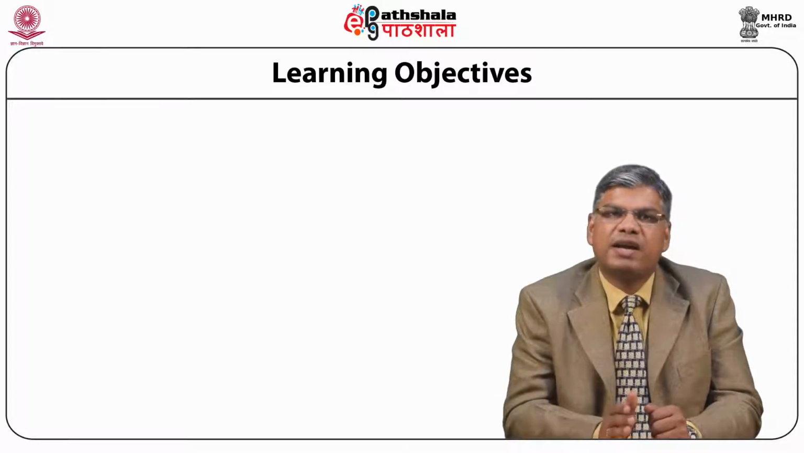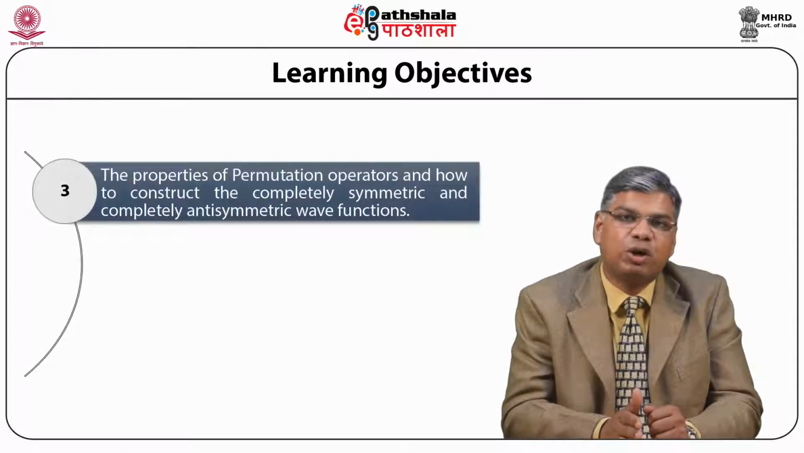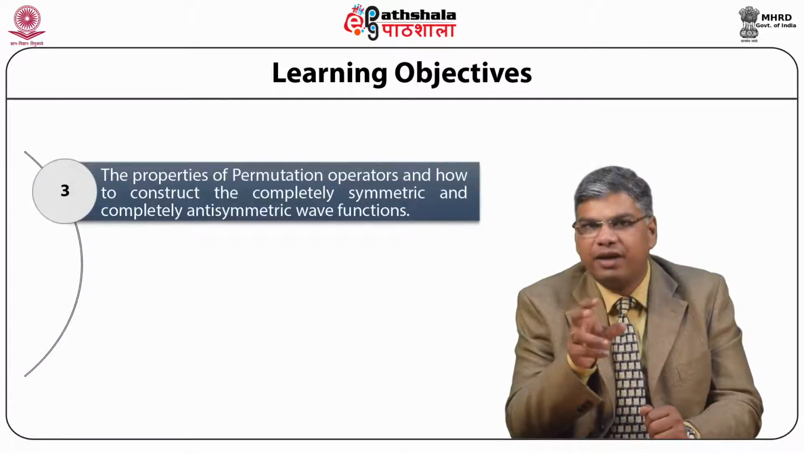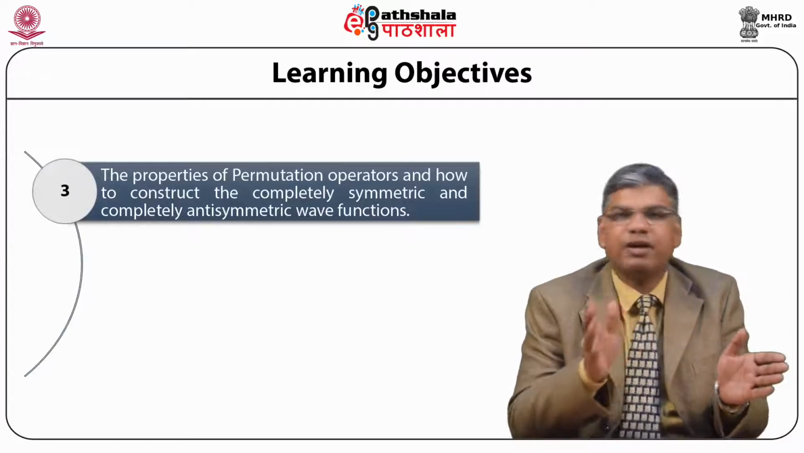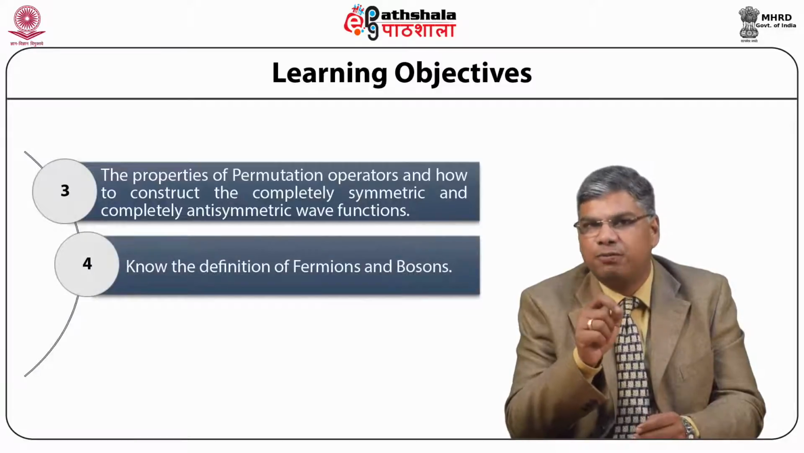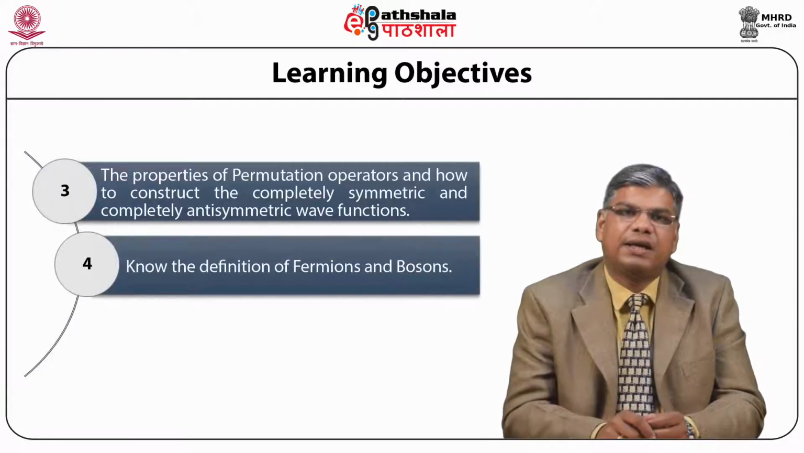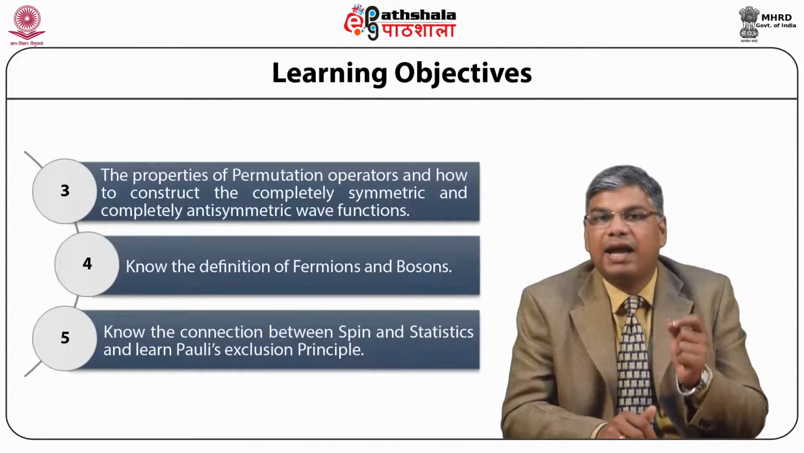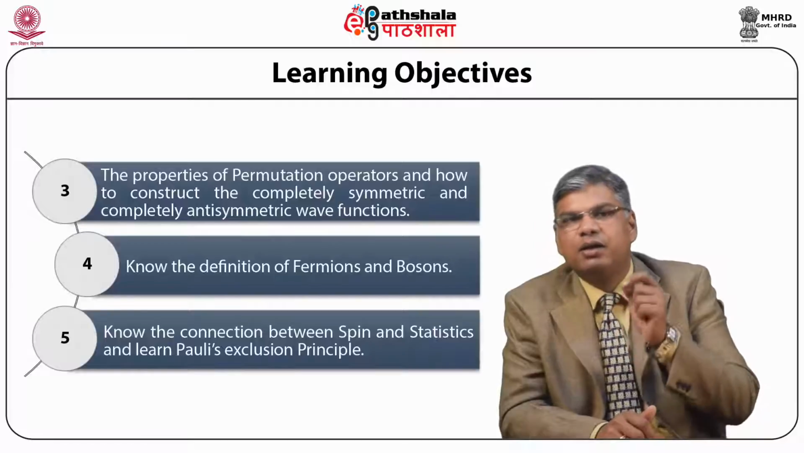Then we will also try and understand the properties of the permutation operator and how to construct the completely symmetric and completely antisymmetric wave functions. We will also get to know the definition of fermions and bosons. Then we'll also know the connection between the spin and statistics and learn Pauli's exclusion principle. In this module, we shall also study the role of the permutation symmetries to describe a system of identical particles